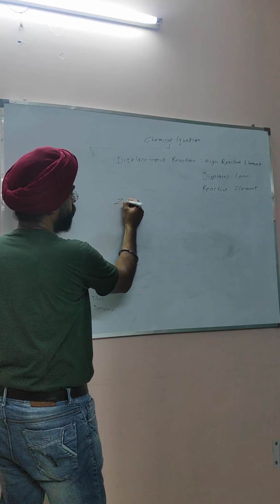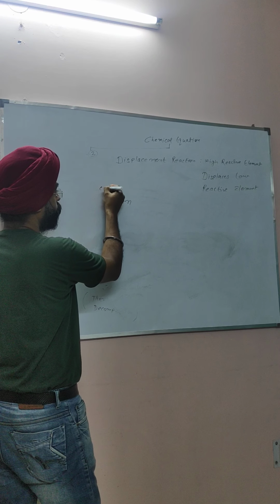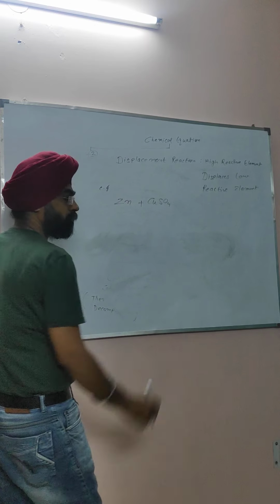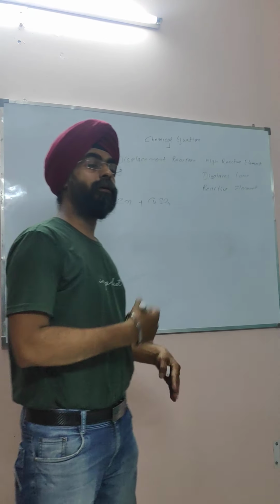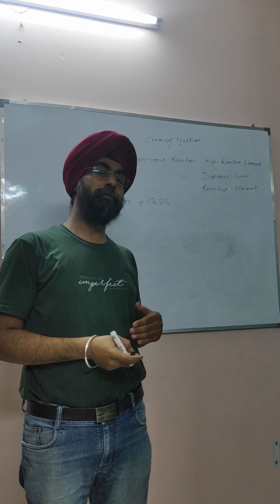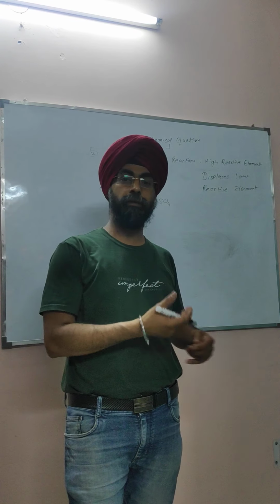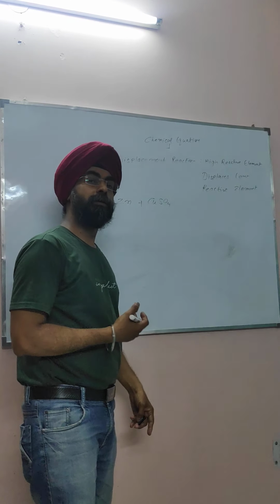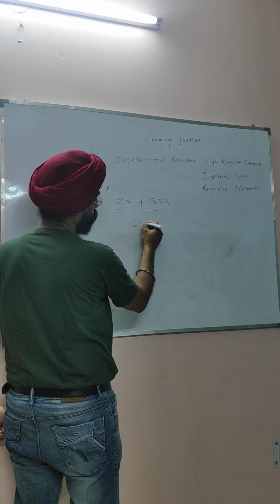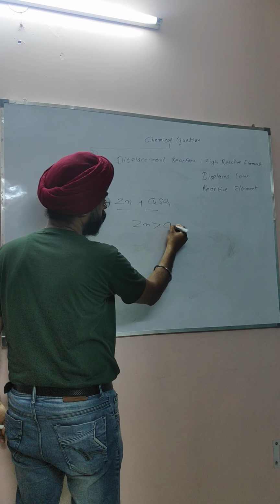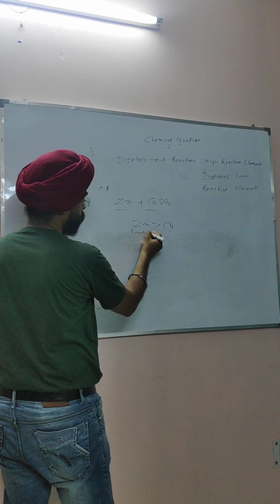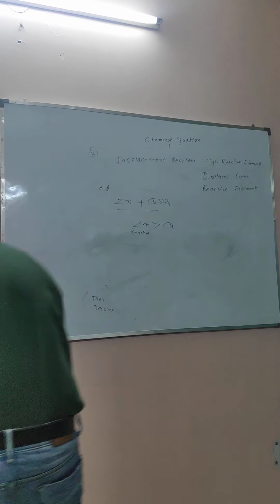Like we have taken the example of zinc. Whenever zinc reacts with copper sulfate, we will learn the series of which elements are higher reactive and which are in the low reactivity series in the next video. But in this case, you can learn that zinc is more reactive than copper.